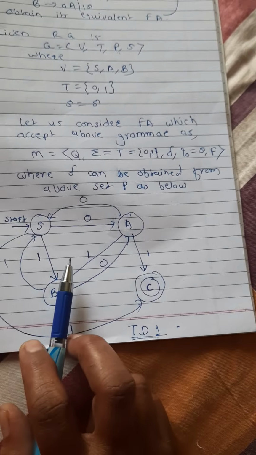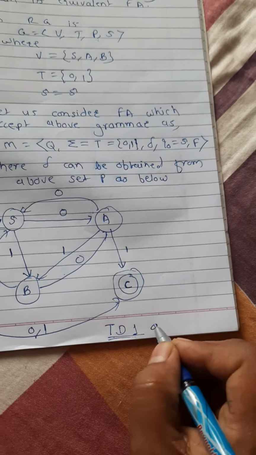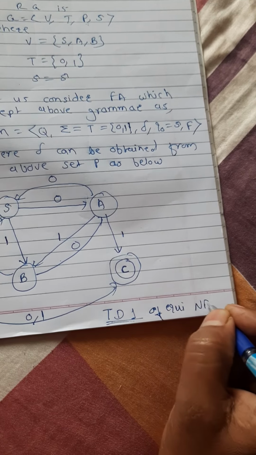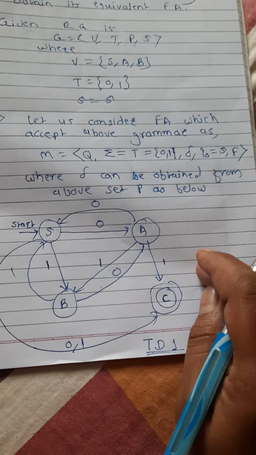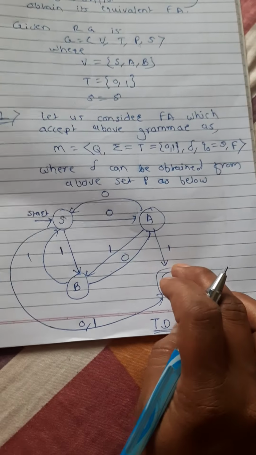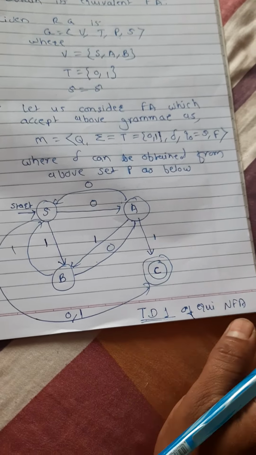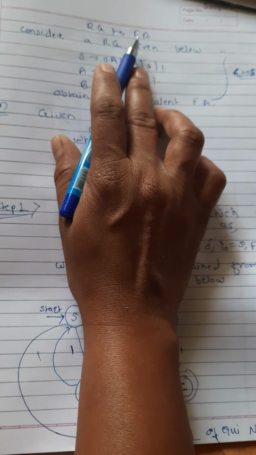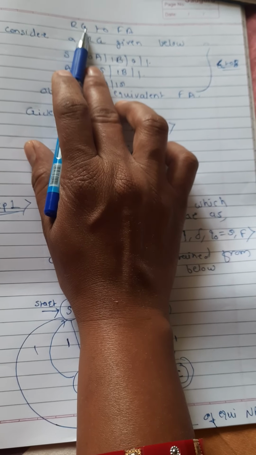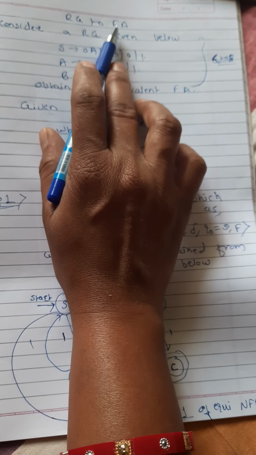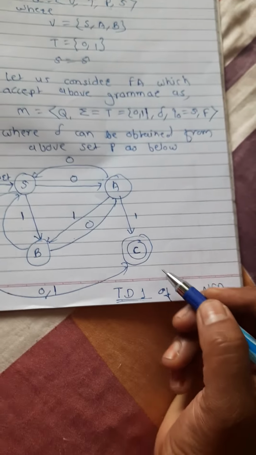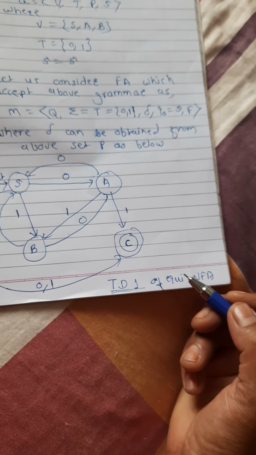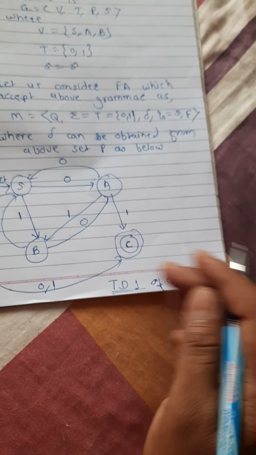Now this is of the equivalent NFA, transition diagram 1 of the equivalent NFA. Now we have to convert this diagram into the equivalent diagram or table of the DFA, because the topic is to convert the given RG into the equivalent FA. So the grammar must be converted into the DFA, deterministic finite automata. We already know the procedure to convert NFA into DFA, and in yesterday's lecture we also saw it. So NFA to DFA conversion.